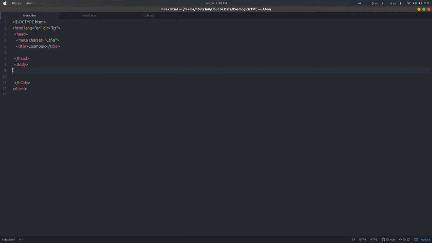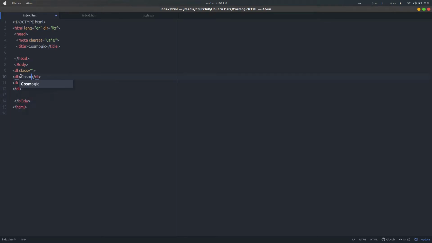Now we will talk about the third type of list, that is the description list. Write its syntax here. Now we have the definition term, that is in the bold form, and the definition data.